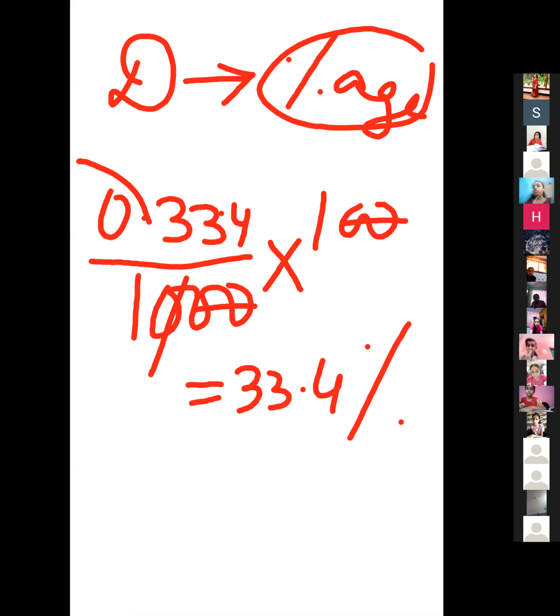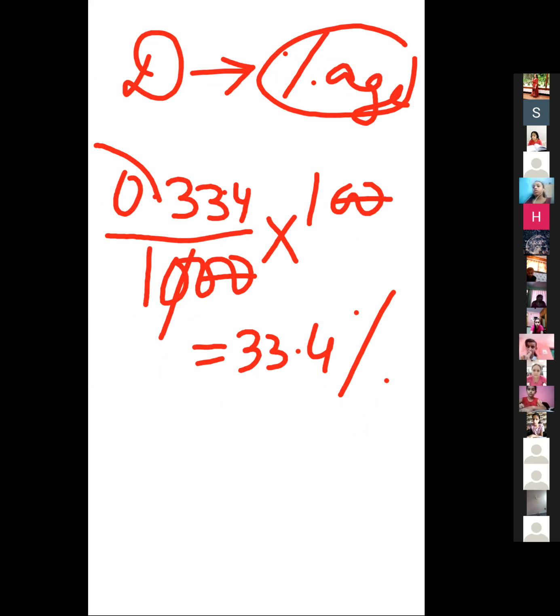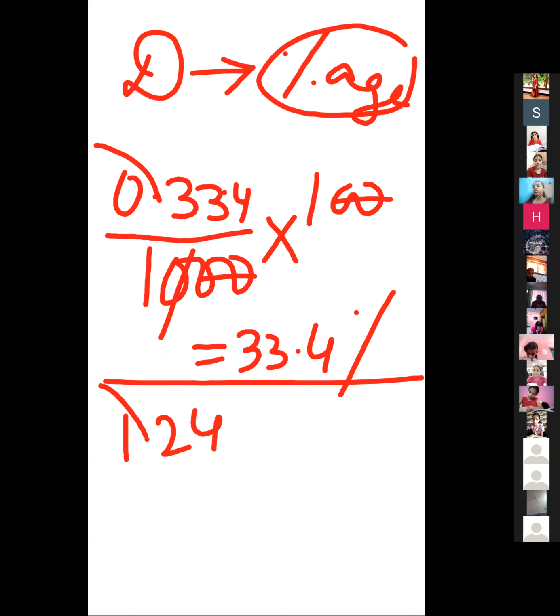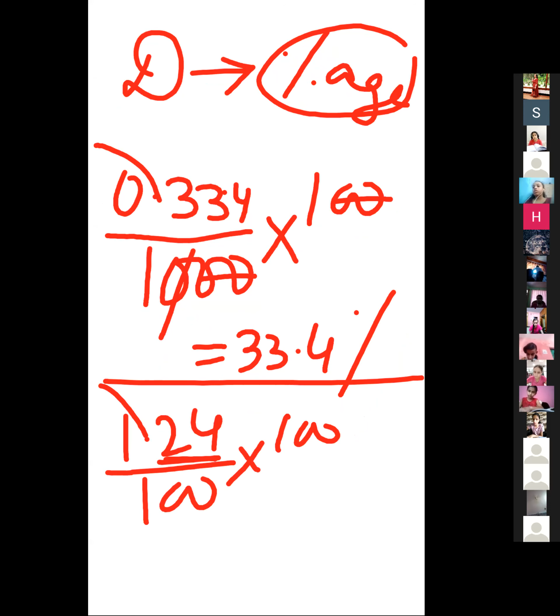Okay. Now the next question is, if I write 1.24, okay, so remove the decimal. If we remove the decimal, we put 100 because after point, two numbers only. So after point, you count the numbers and put zeros down. So it is 124 upon 100. Now multiply by 100. So cut 100 with 100. What is your answer? 124%. Understood now? Good. It means you understood well.